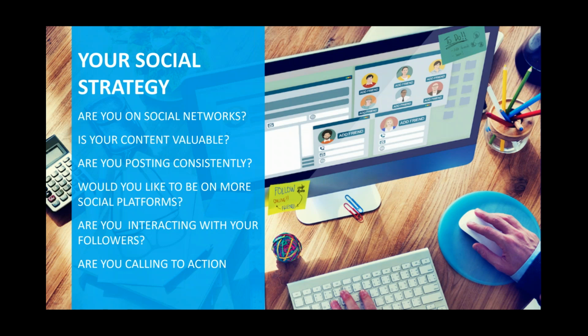Is your content valuable? Are you posting valuable content, or are you just randomly making a post like, hi, hope you're doing well today, right? Are you posting consistently? Are you posting once every 2 weeks? Are you posting once every day? What is your strategy, right? There's got to be a strategy in place to be effective. Are you interacting with your followers, right? If someone engages with a comment, are you liking it? Are you commenting back? Are you answering questions, right? If so, great. If not, why not,